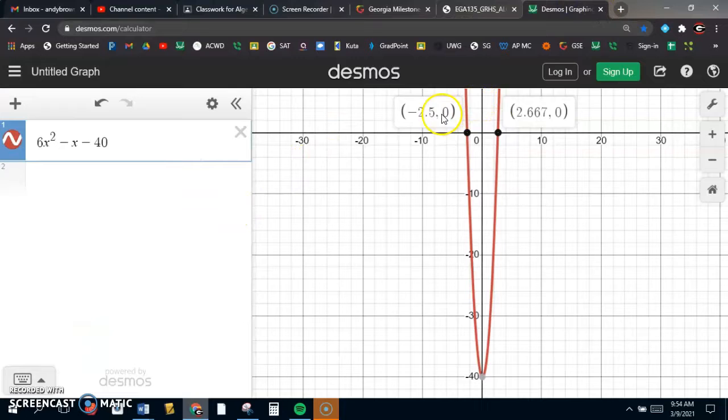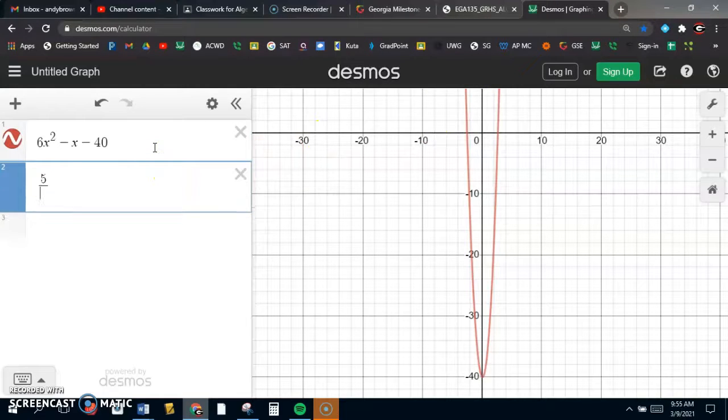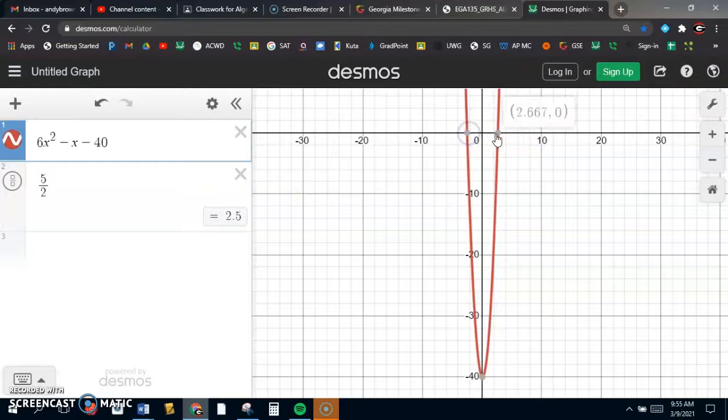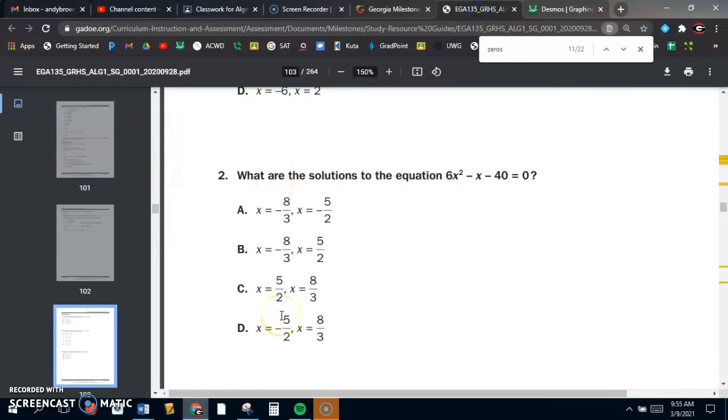Again, your math sense may tell you that the one that ends in 0.5 has got to be your half, but let's just make sure. So I'm going down here, 5 divided by 2. That is 2.5. Okay. So that means your 5/2 would have to be negative. Why did I type in 5/2? Well, that's what the question told me. So the expectation is you're doing these with multiple choice questions. Okay, you're kind of using your answer choices and your resources to kind of do this in a back way and not necessarily doing it straightforwardly. But this would have to be D, because B has the other way around, would have the positive there. All right, so again, we're using a graph to help